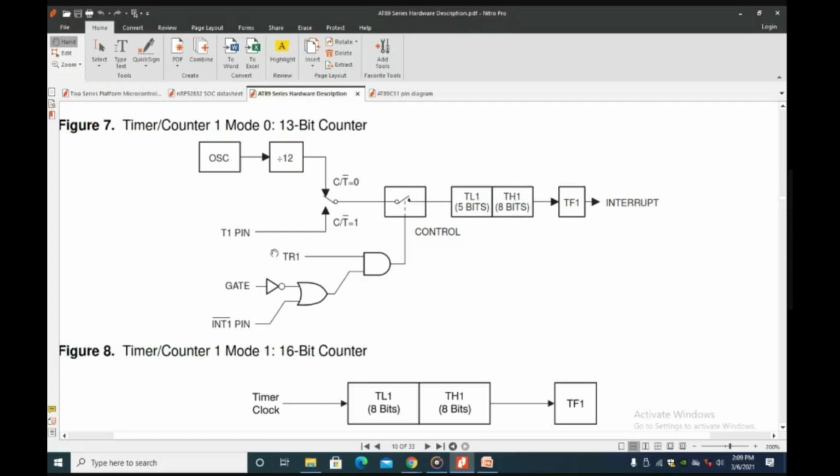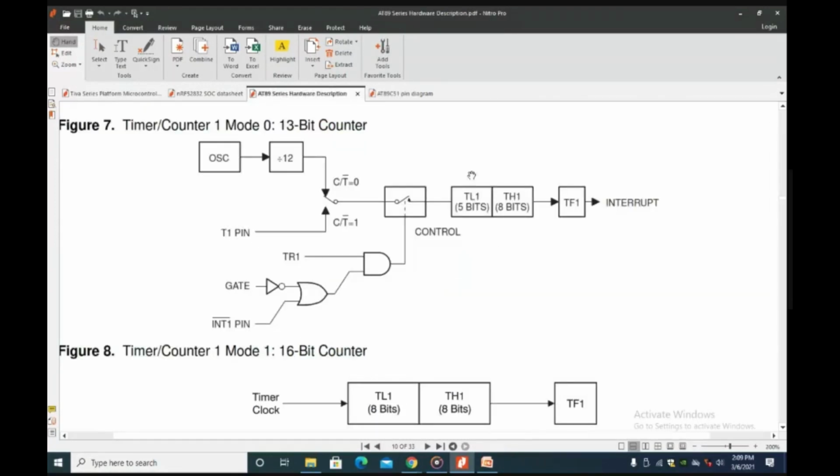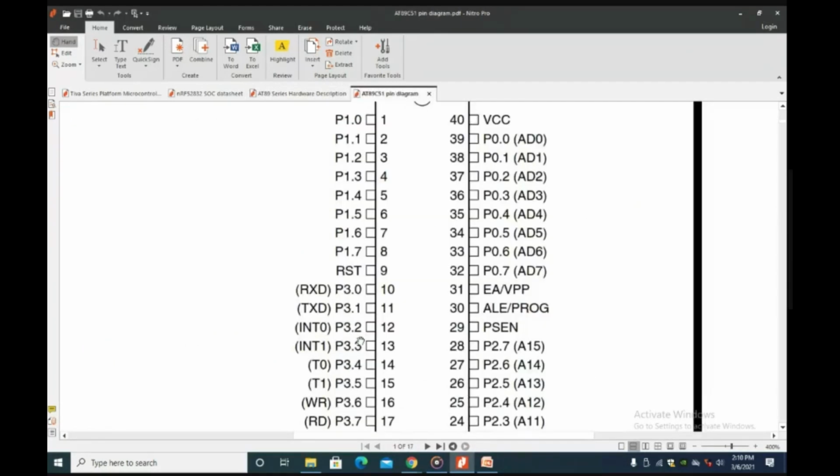When the oscillator frequency is counted to produce a necessary time delay, we call it a timer. What is the T1 pin? P3.5 is the T1 pin. So the number of pulses coming from pin P3.5 is counted, and then we can call it a counter. These counters are very useful in speedometers, as we all know. The wheel speed sensor output of our bike or car goes as a counter input, like P3.5.